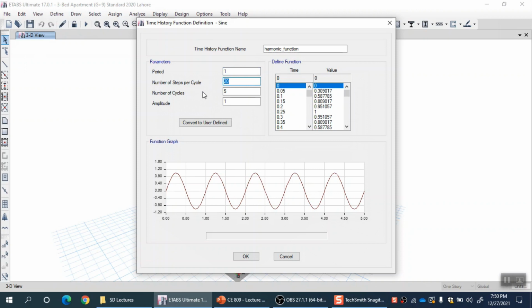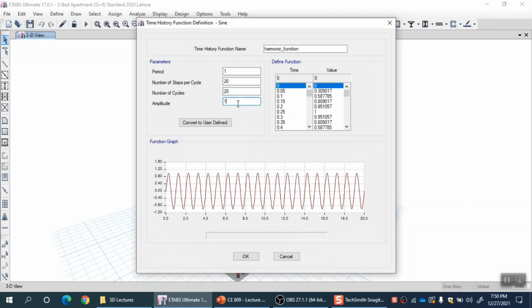So I just put 20 steps per cycle, and I want it to have 20 cycles, so that my total duration of applied loading is 20 seconds, right. So it is completing one cycle in 1 second. So I give 20 cycles. So the total duration of that shaking or that function is actually the number of cycles, 20.